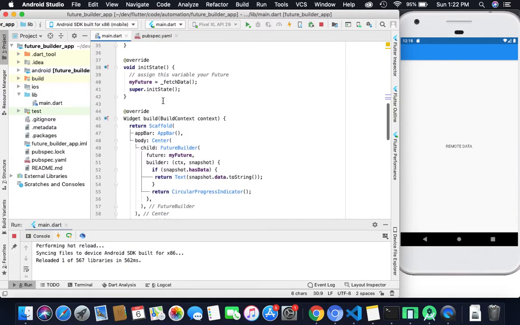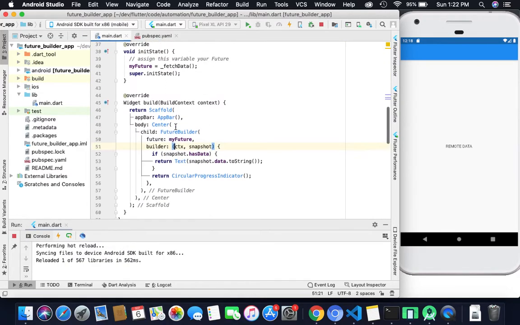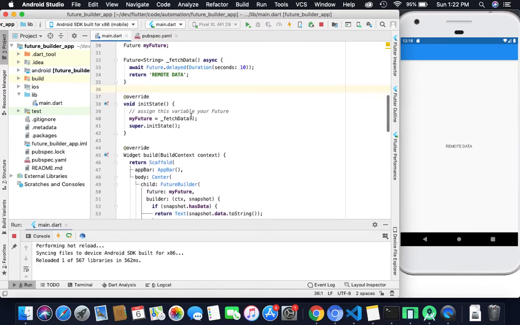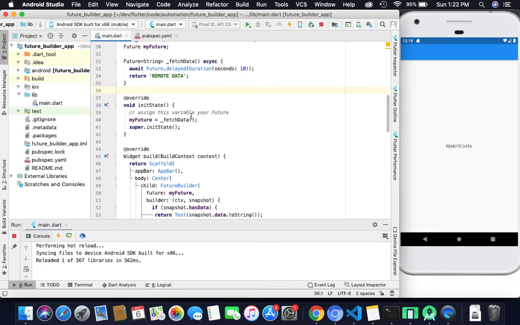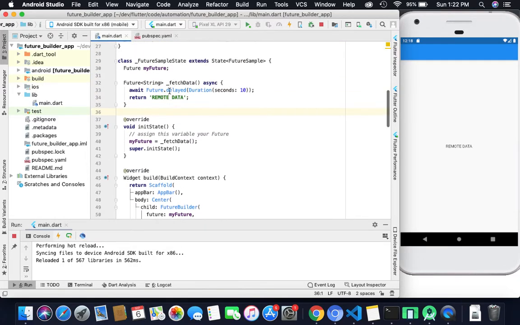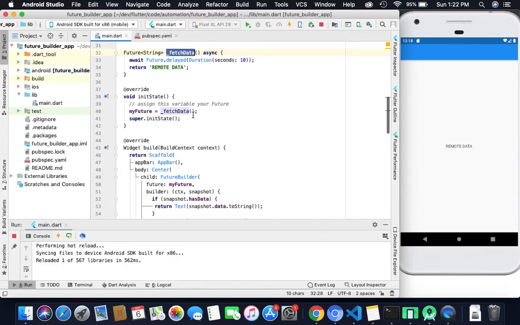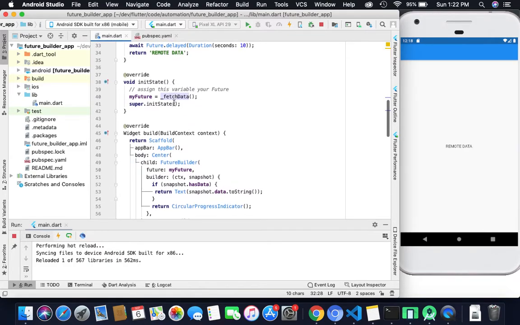That's why my future will not call fetchData again and again. Even if you call setState, it will not call the fetchData method. I hope you got the concept of declaring fetchData inside initState.